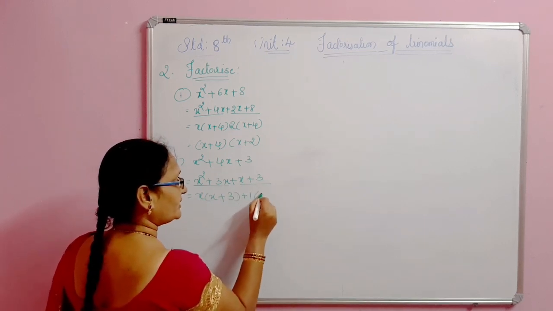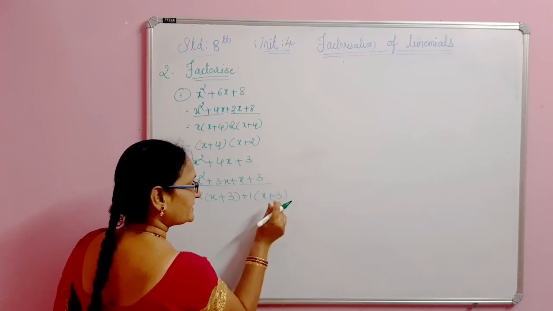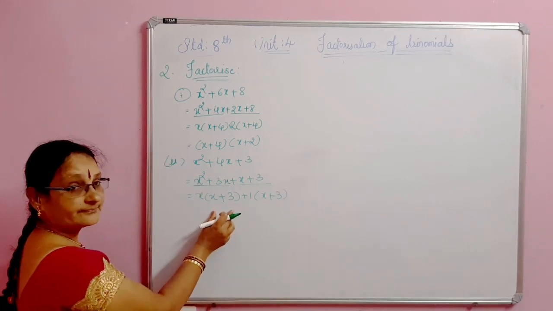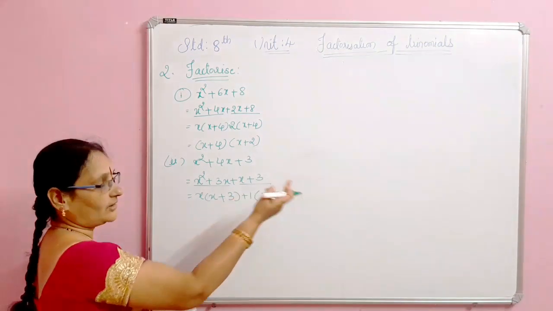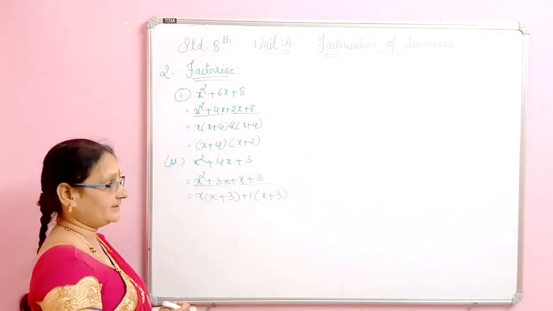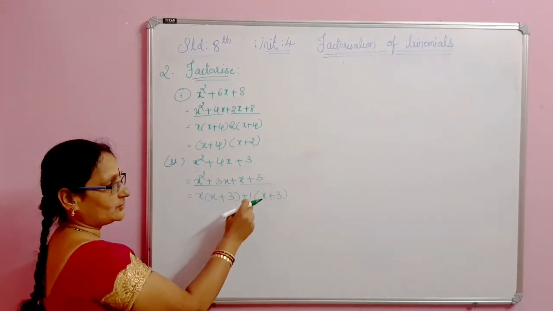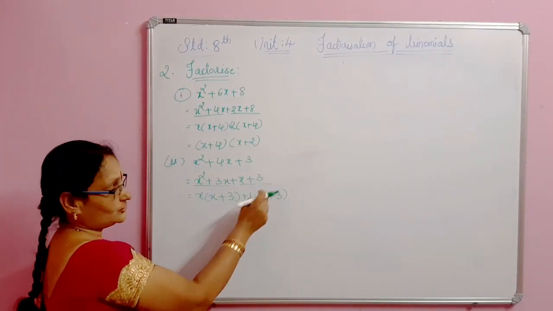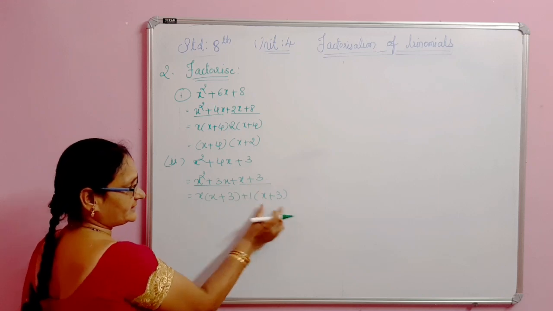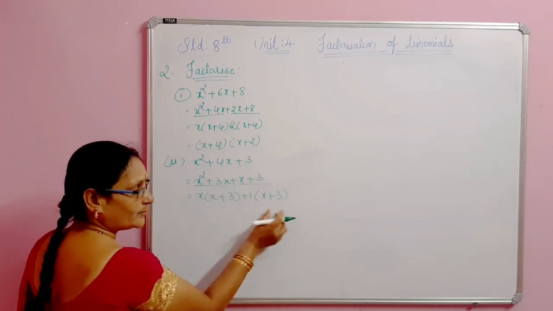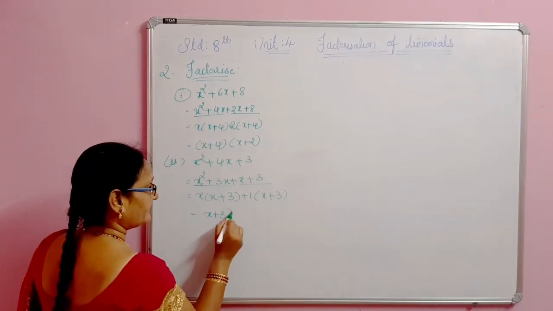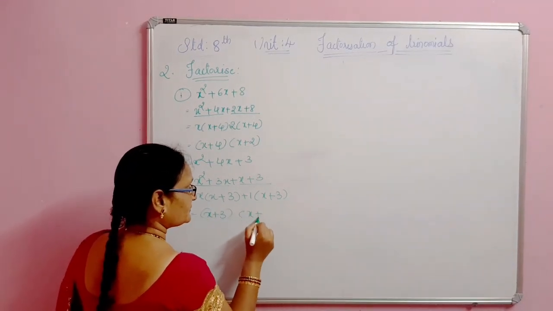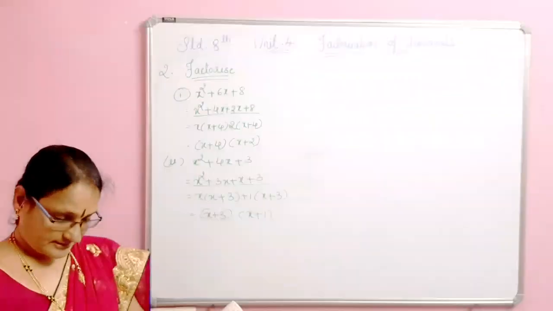So, plus 1 we have to take as common, because x plus 3 we want in the bracket. And among these two, 1 is the only common factor. 1 is a common factor for all the terms. Already I explained it. So here also 1 is there, here also 1. No common factors in this. So 1 is common means x plus 3 remains as it is. See, now you have to observe these two brackets should be the same. Now x plus 3, x plus 1 are the factors of this expression. This is the second one.